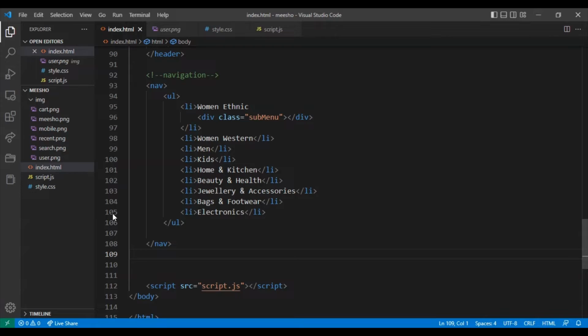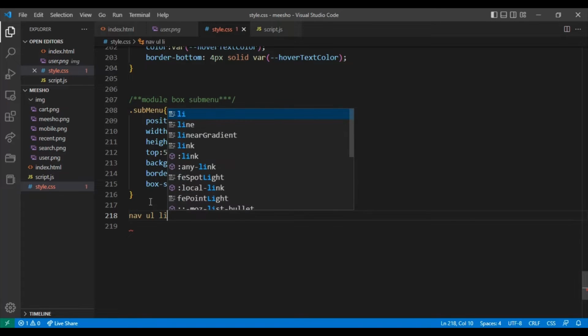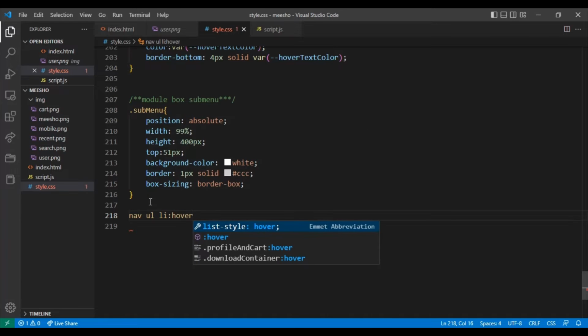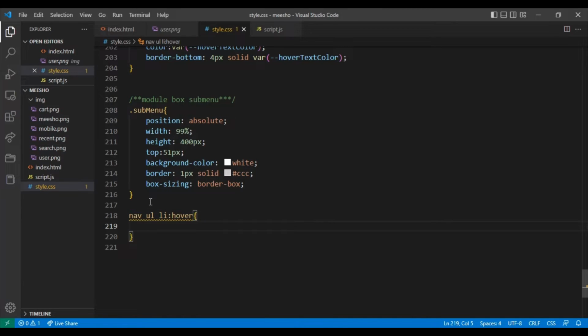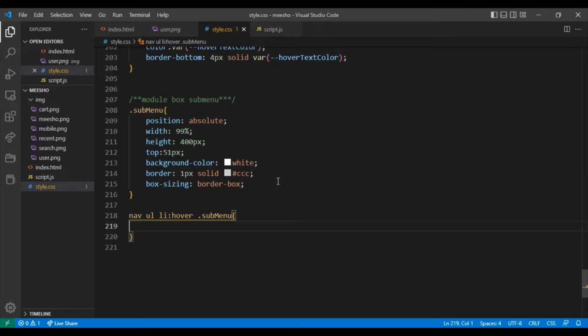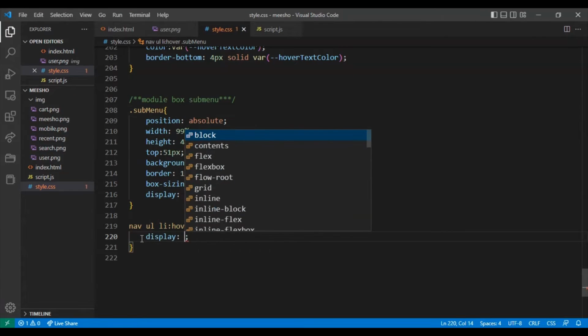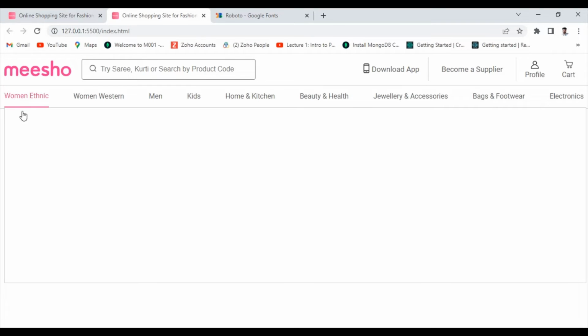Now style.css, come here. I want to give nav, and inside that unordered list, inside that all li tags, and over here I give display. When we hover on the li, then this submenu will be displayed. For that, by default I give display none. Now let's see, this will be gone. Yeah, when we hover, display block, when we hover on any of these elements,